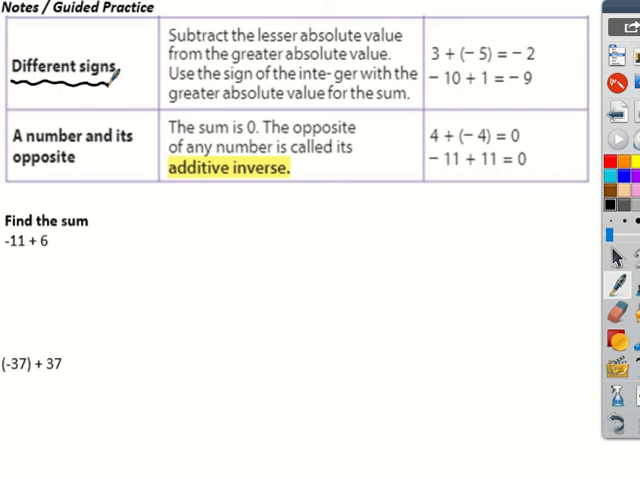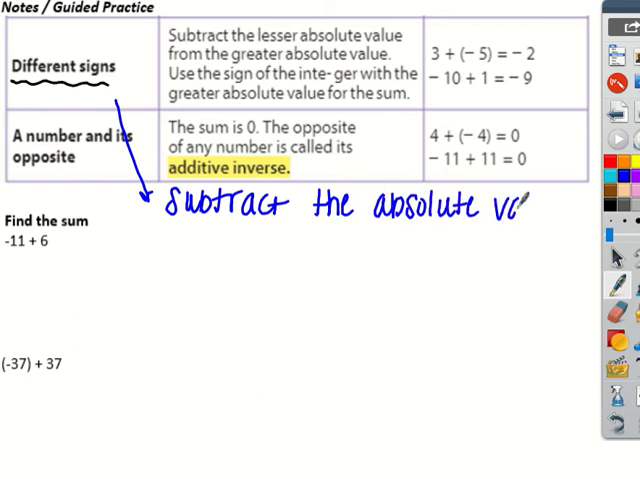If you guys think to yourself right now, going back to the chips, we're not going to put them on the board. For the negative 11, you would have 11 reds, right? And for the 6, you would have 6 yellows. So the bigger group, so I'm going to rewrite this in maybe a different kid-friendly language. So when there are different signs, let's just go down here. You're going to subtract the absolute values and take the sign